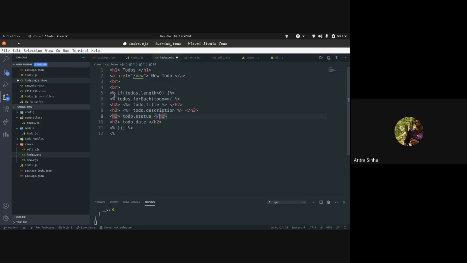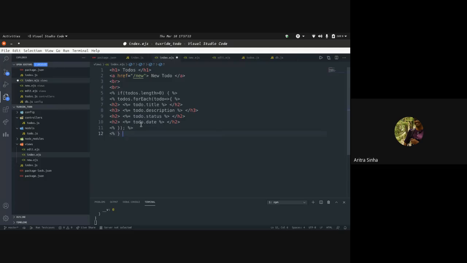See, I didn't add any equal to here, so this will be a plain JavaScript line, while since I added equal to here, it will be a value which we want to be printed. So this is how it will work. Okay, fine. Cool.